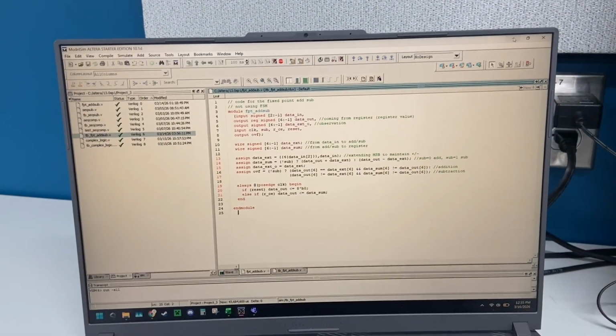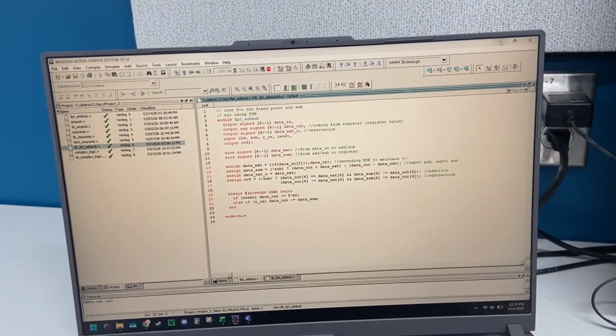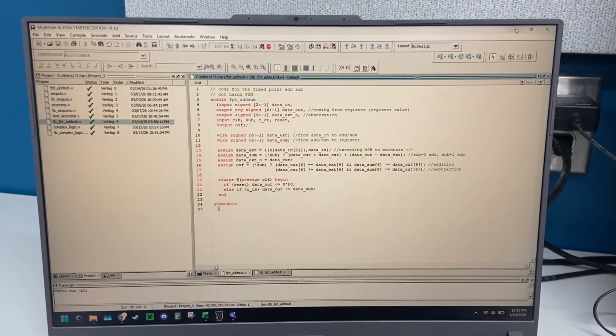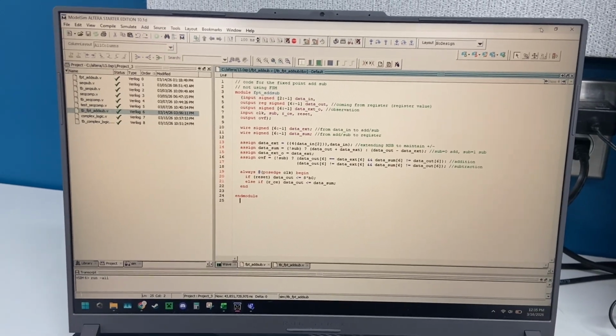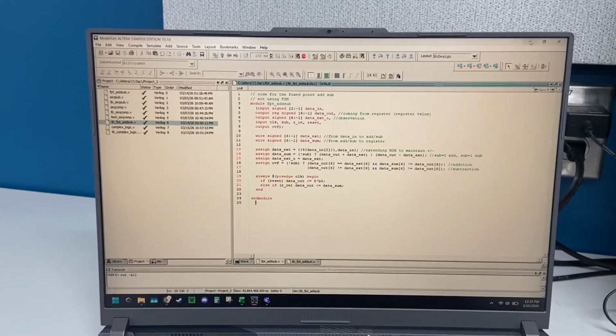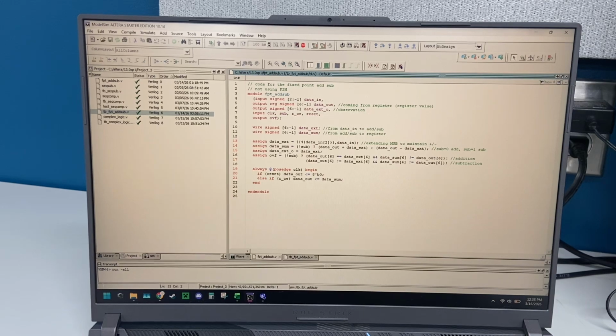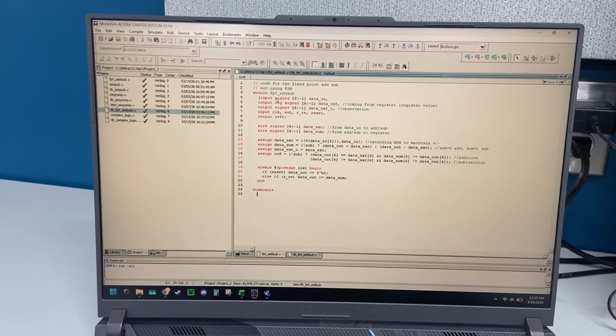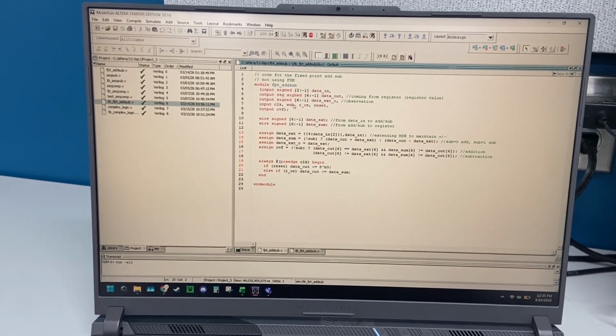Hello, my name is Titus Dudden, and I'm here for project 3 of CpE 3110. For the first circuit that we're doing in this project, we are doing a fixed point add sub where we have a